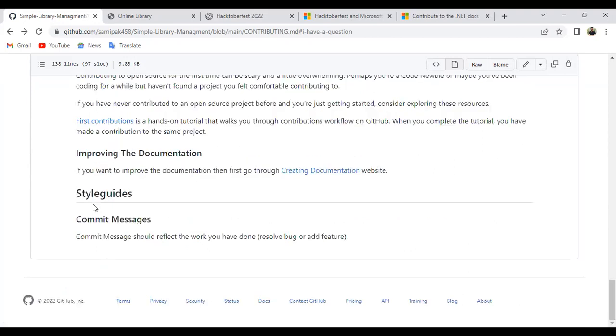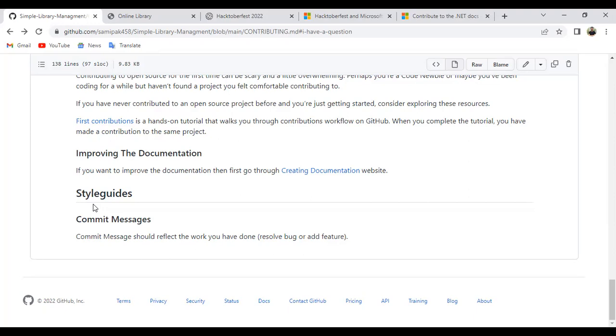Lastly, which is very important if you are contributing to my project, I want you to add a commit message. A commit message is the message you write when you are done with all the changes or you resolve all the bugs.